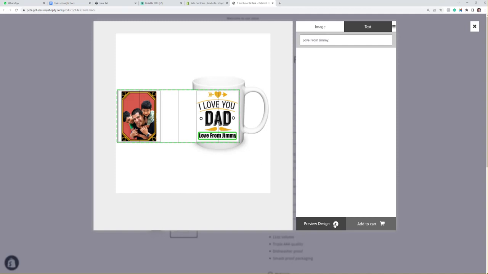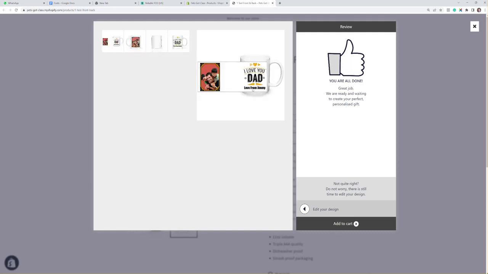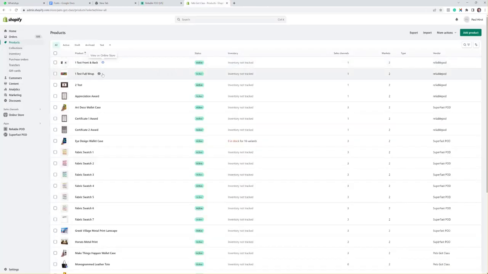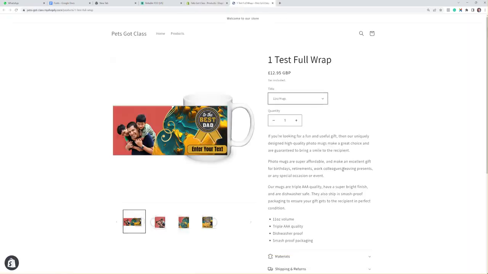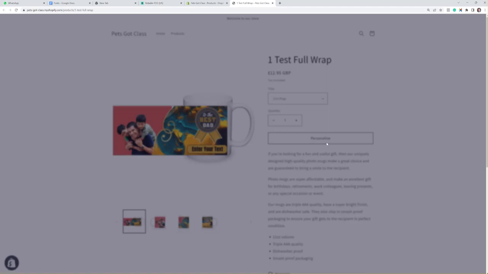If the customer wants to preview the design, as you can see here, it shows you what they're going to get when it comes through. And what I'll do is show you what the other one looks like, the full wrap one. Again, you can see that's the image placeholder, and this is enter your text. If we click on Personalize,